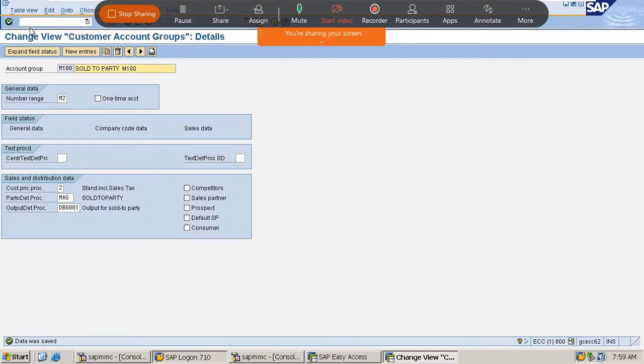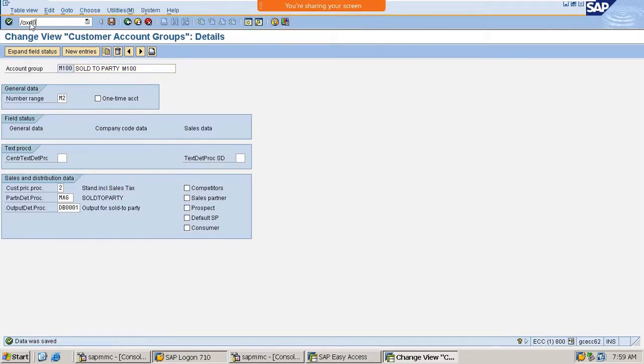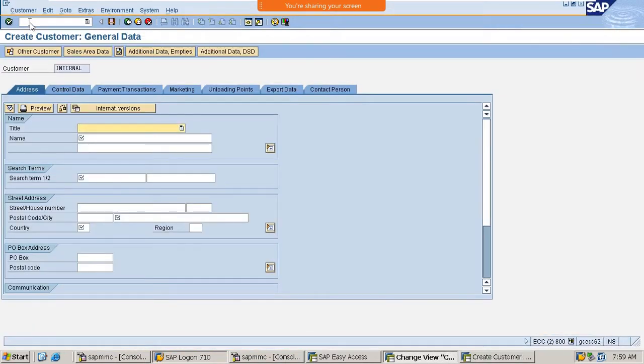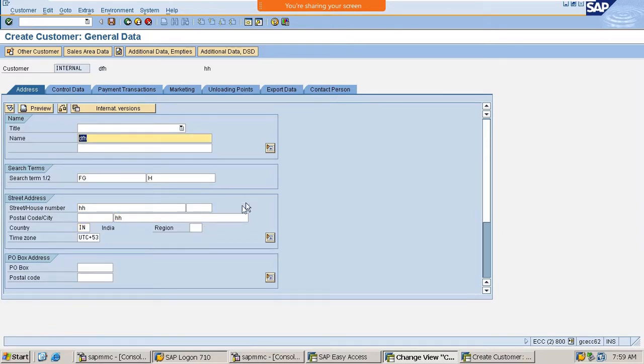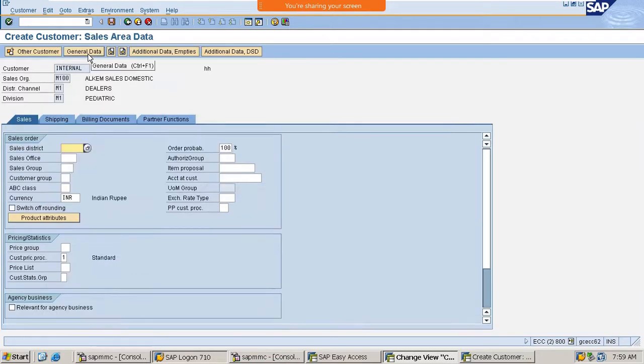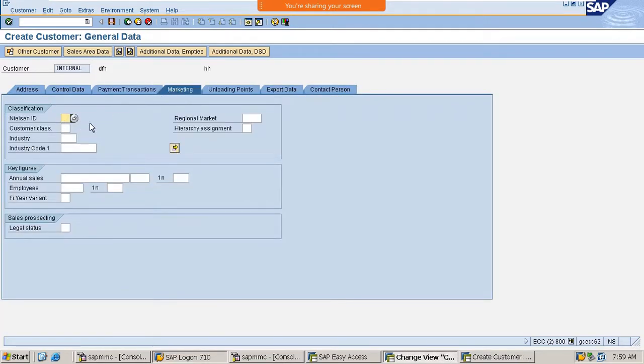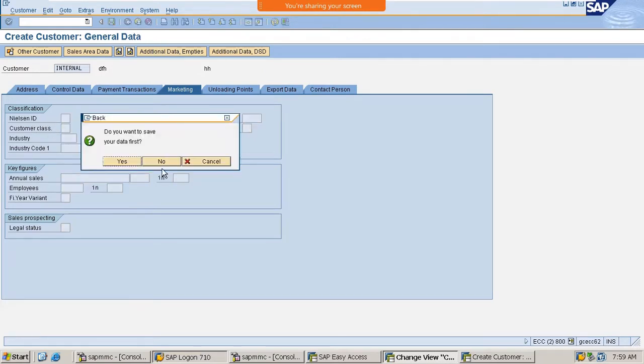And let us try to create a new customer here. Let us go to XD01. Then create a new customer here. Say go to marketing. Wait, here we are getting Nielsen ID, customer classification, all these things. I think we are not using the